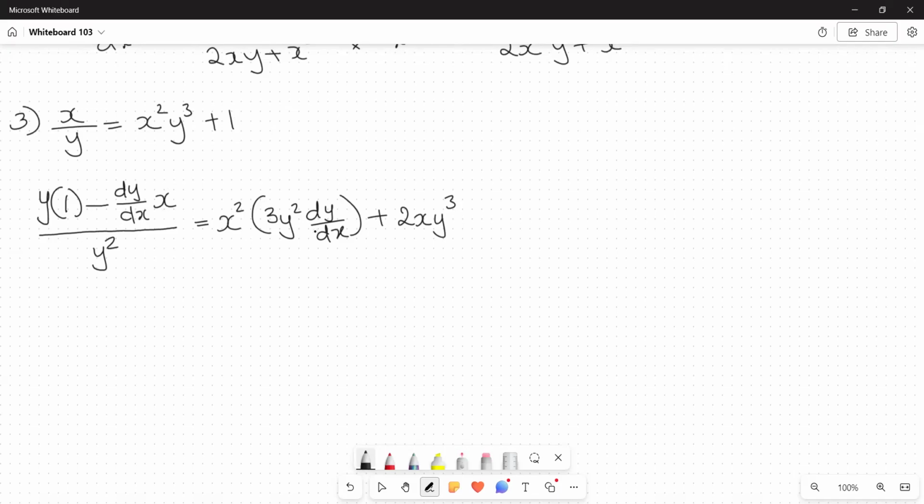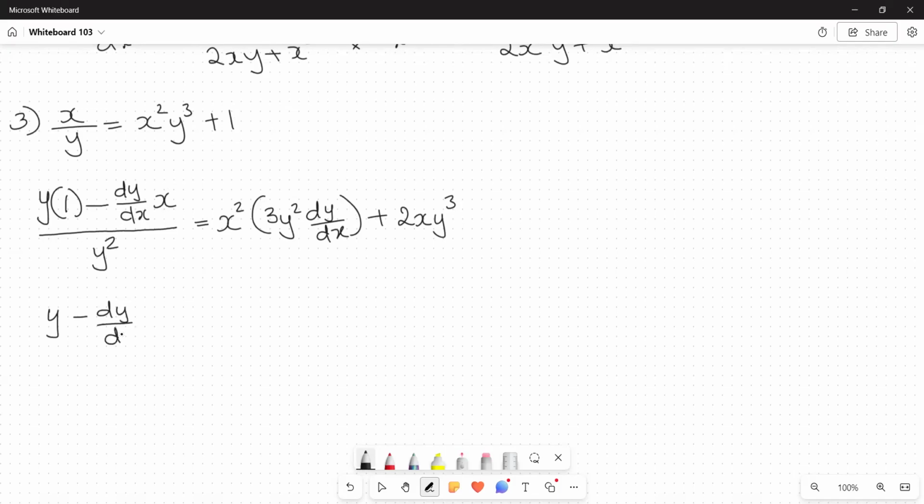Okay, and then we proceed the way we do all the terms with dy/dx come on one side, the ones without dy/dx on the other, and then you factorize dy/dx and then make it the subject of the formula. So from here, I can multiply both sides by y squared,